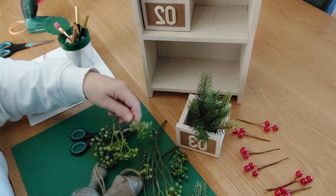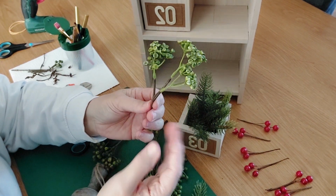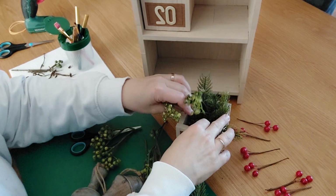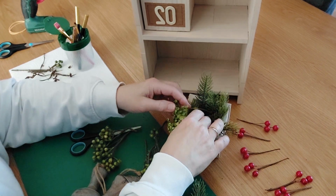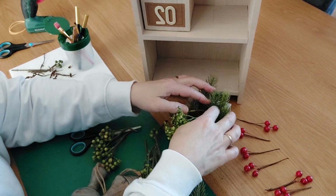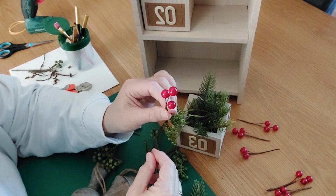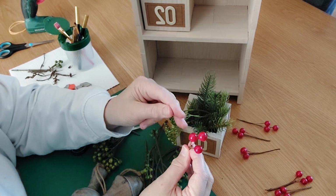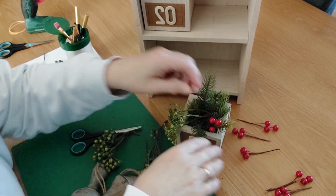I'm going to get one of these branches, and this is just a simple branch. Just take whatever you have laying around. I'm going to place this one on the side, and I'm going to try to let it come over the side of our little drawer. I'm going to use a little piece of my berries, and of course it is from a garland. I always buy a garland and cut it up in pieces, because that's much cheaper than loose